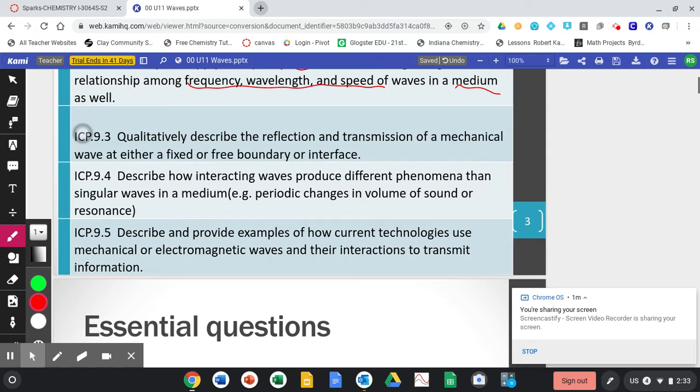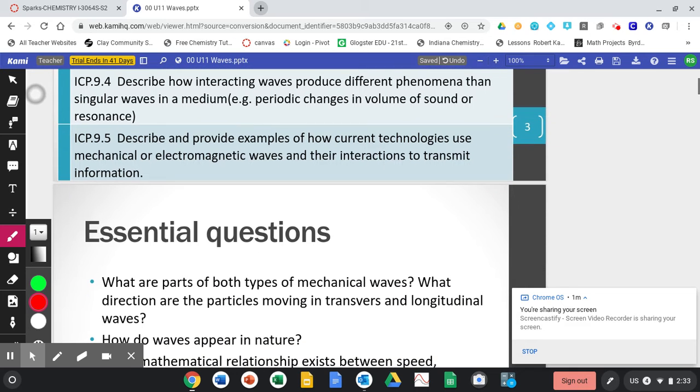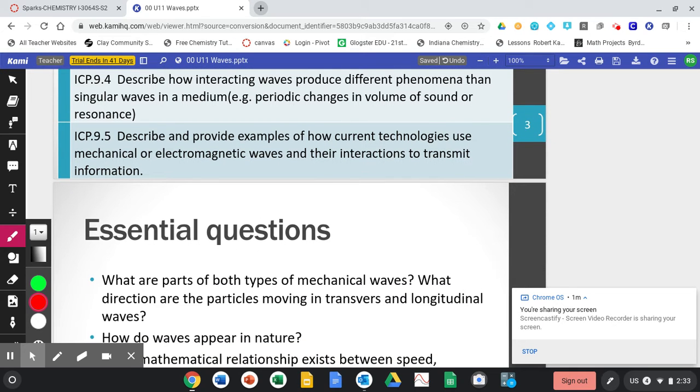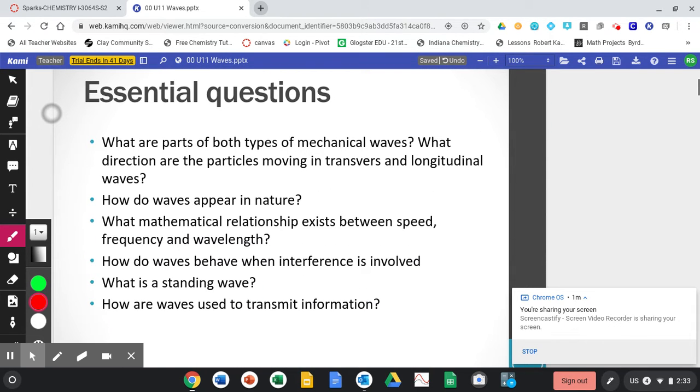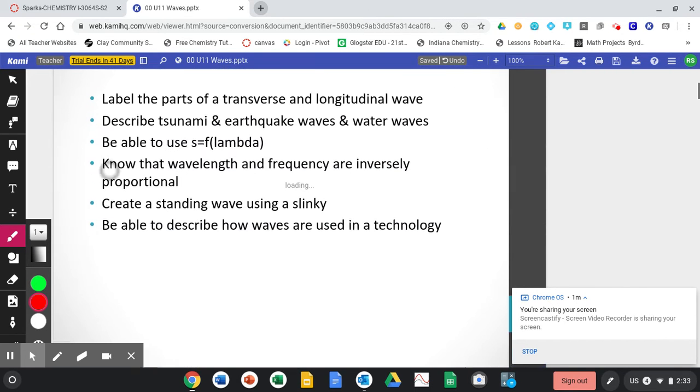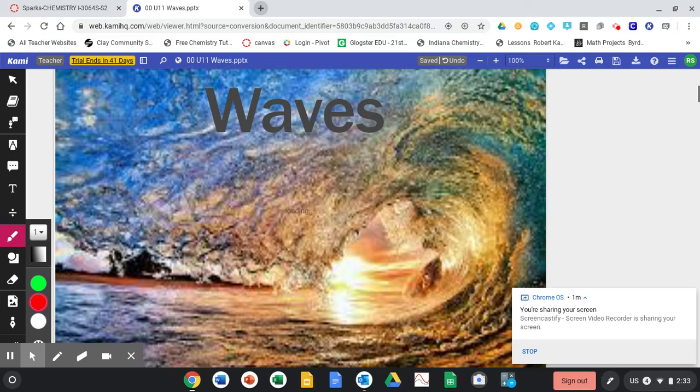And then we're also going to look at the mechanical waves and how they behave and some of the different things that they see. And then we'll even get into a smidgen of electromagnetic waves. Probably going to have you do that content on your own because it's just basically a lot of reading. And so let's go ahead and get started with, yes, waves.